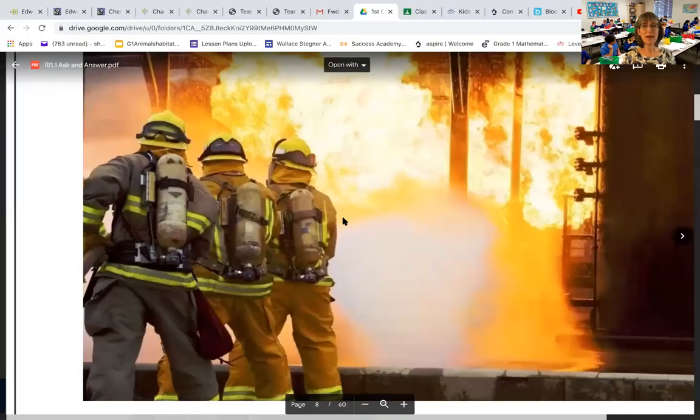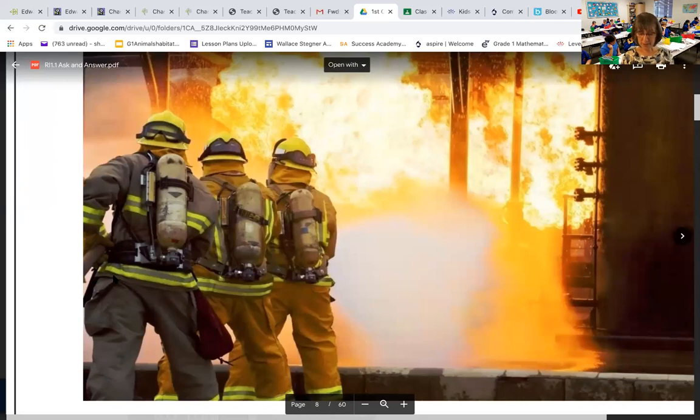But if you're ready, let's see what questions you came up with, and then I will share what questions I came up with. On my first question, I was looking at what they were wearing, and I thought to myself, I bet they wear all those things to protect themselves. So I asked, what do firefighters wear to protect themselves? And then I could answer that easily by looking at the picture, right? They have their fireman jacket, and fireman pants, fireman hats. They have goggles they can put on if they need to. They have gloves. So we can see a lot of things right here just from the picture. So that's a pretty easy question, isn't it?